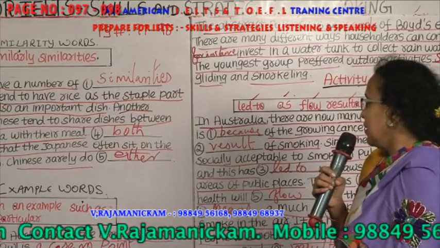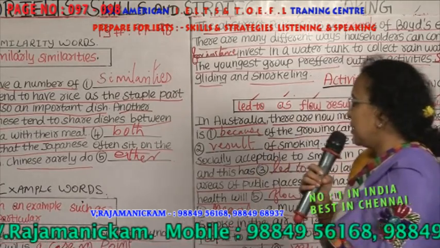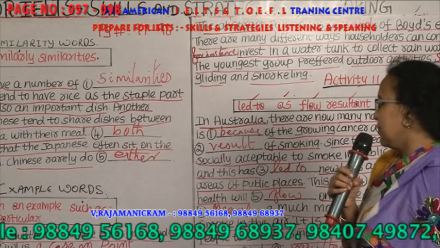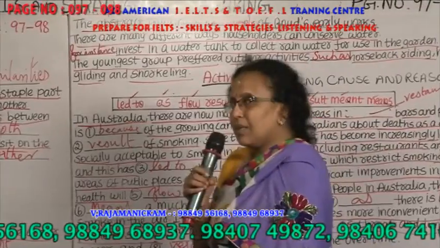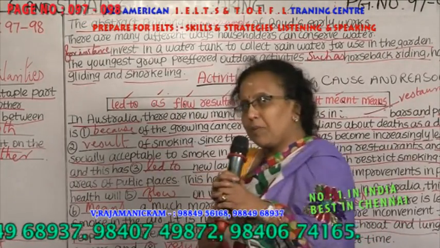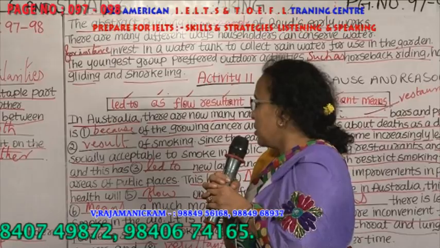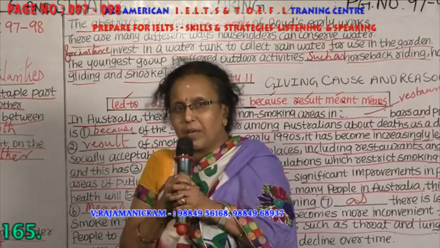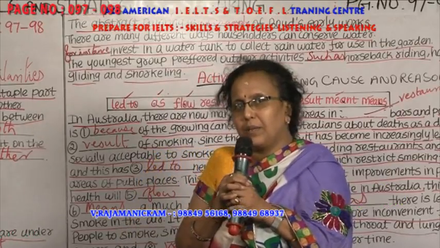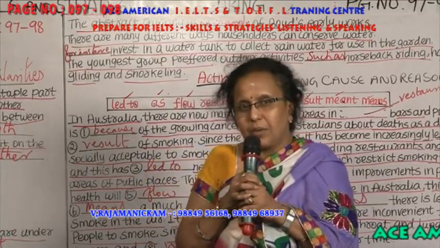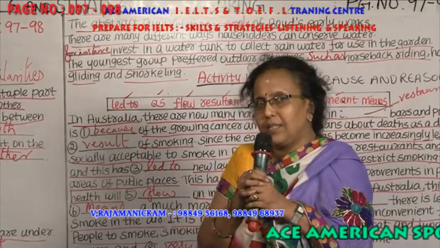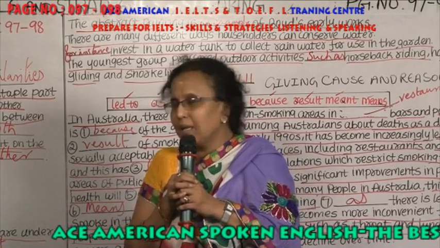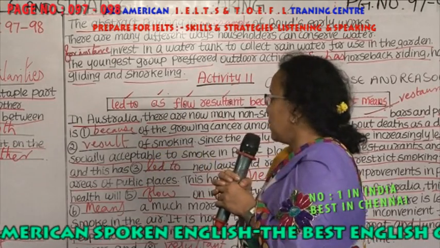And next, the soup. And the other similarities: Chinese and Japanese tend to share dishes between diners and drink tea with their meals. Both use chopsticks, which are made of wood. One of the differences is that Japanese often sit in one place. Actually, Japanese sit on the floor with a small square table. That's what I know. They eat very formally. And I think Chinese, they don't. They just have a very rash attitude towards eating.